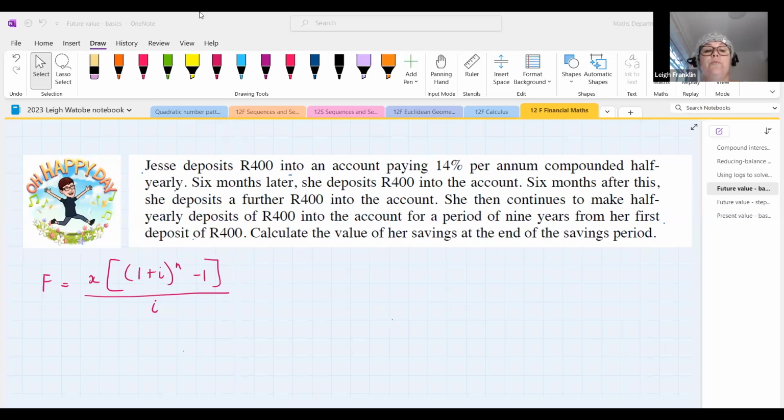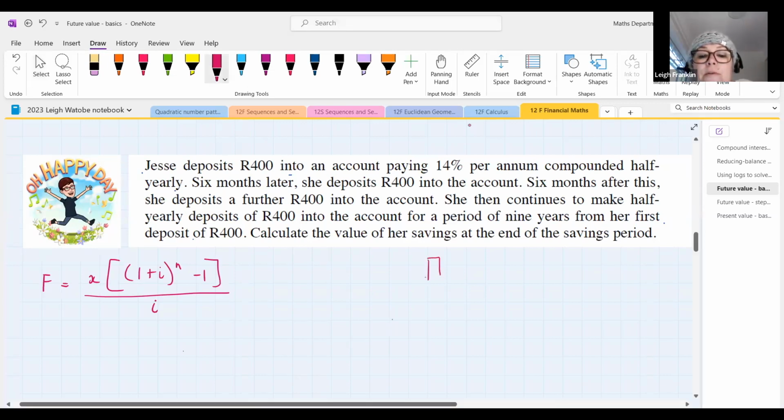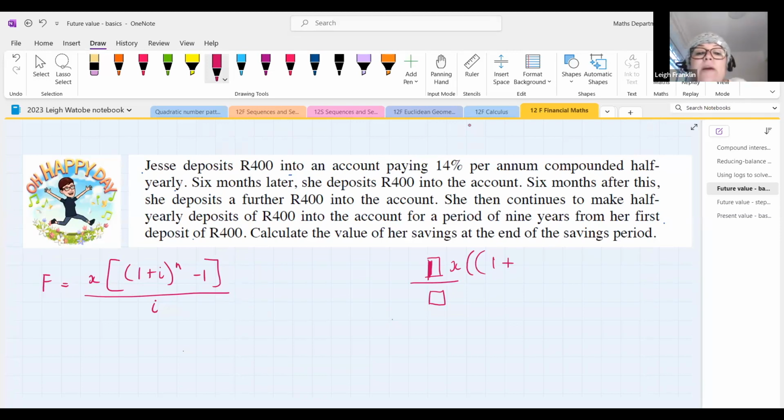Sure, Unati, not a problem. Okay. So what you would do is you would press the fraction button on your calculator. And then when you're sitting up here, that's where you've got to put in whatever you think your X is. And then you're going to press bracket, bracket, 1 plus, and then you're going to put in your interest rate. So in this case, it's 14%. So that would be 0.14 over, if it's